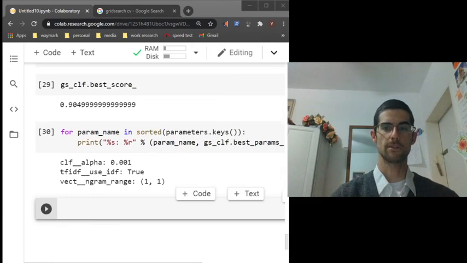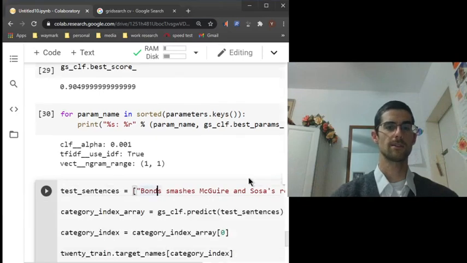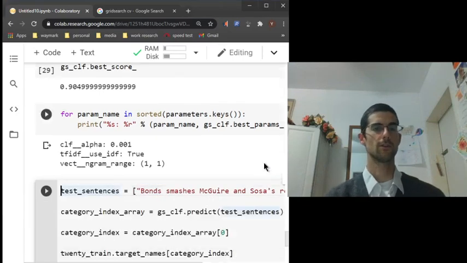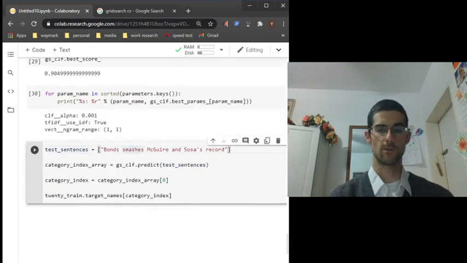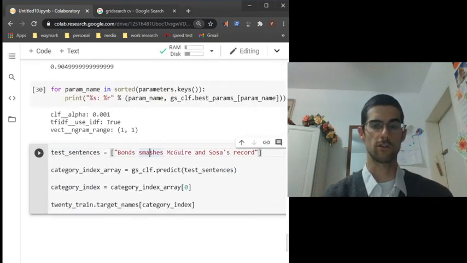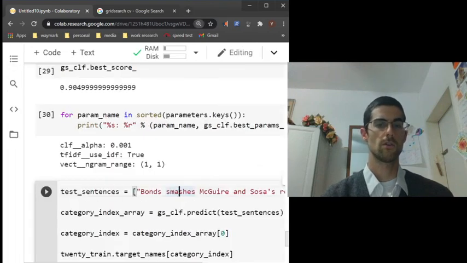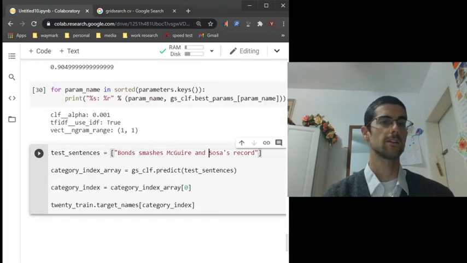Now that you've optimized it, we're just going to make up some examples here. My test sentences, I'm going to use this sentence. Bonds smashes wires, Sosa's record. And that'll be our test sentence. The category index array is going to be,